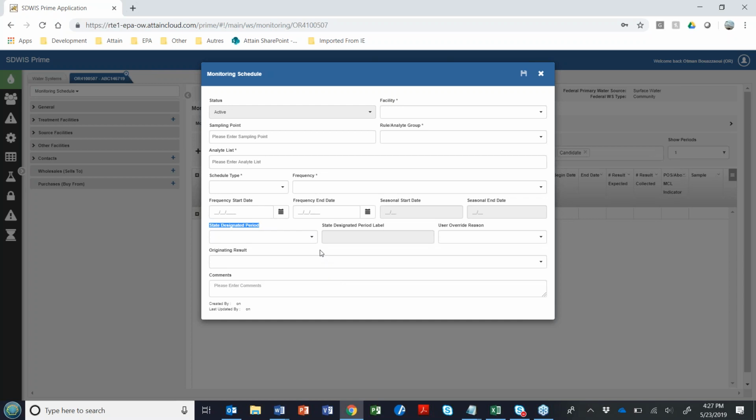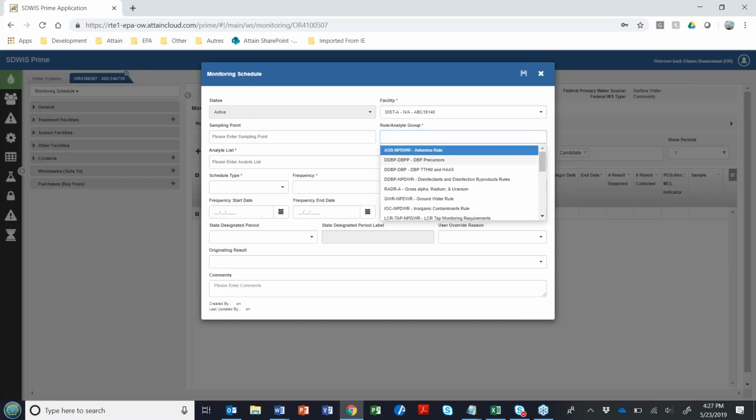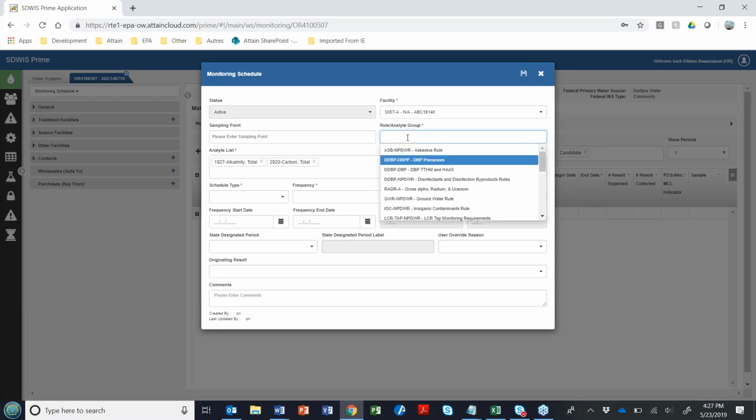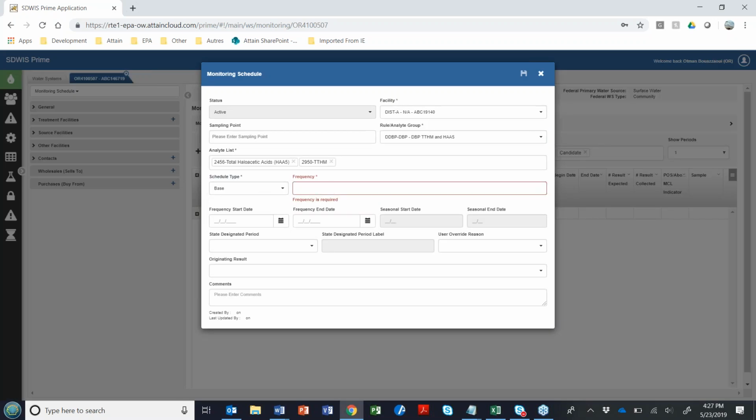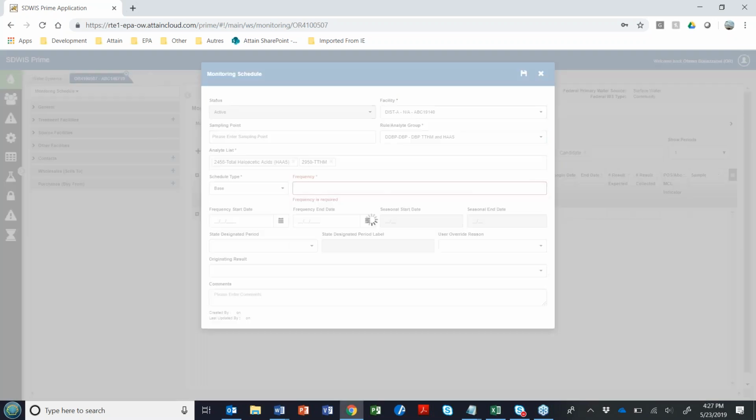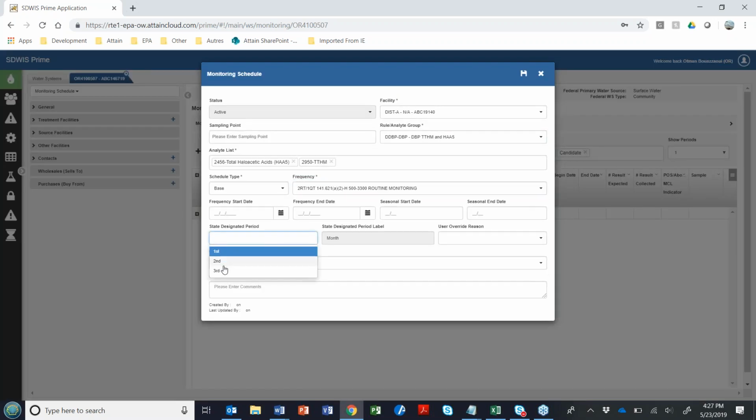So if I'm in here and I have a quarterly frequency, you'll see that the state designated period label will show up as month, which he'll show you here shortly. And then you can specify the first, second, or third month.